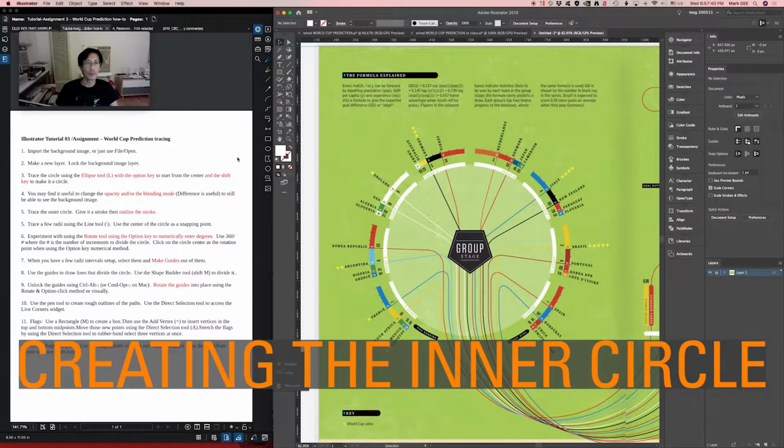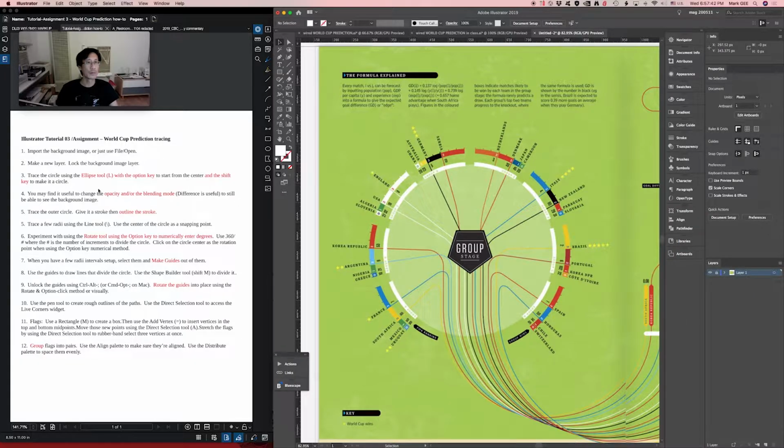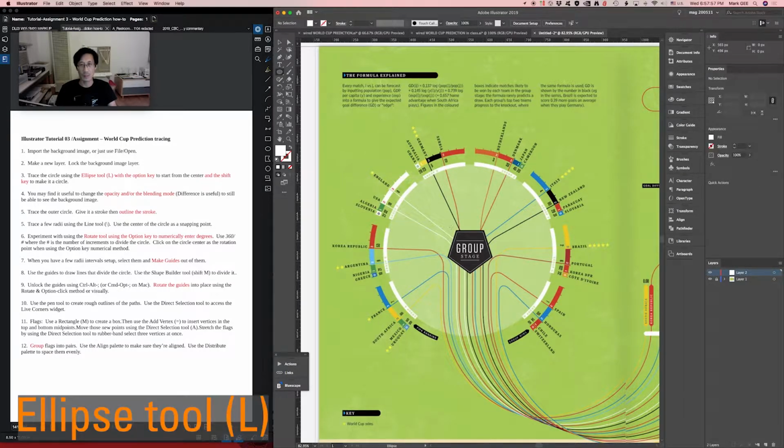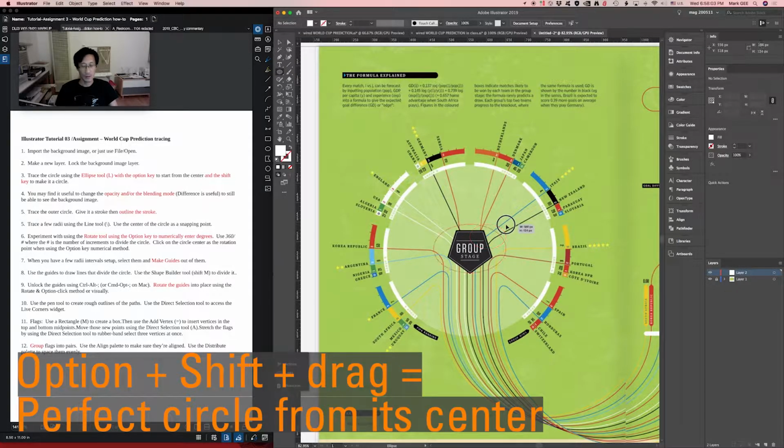So I'll zoom in here, and what we can do is just trace the circle using the ellipse tool, and we can hold the Option key to start from the center. Before we do that, we need to create a new layer that we can draw on, and we'll just keep it named layer 2 for now. The ellipse tool, L, is the shortcut, and somewhere in here I'll click in the middle and drag, hold down the Option key and also the Shift key,